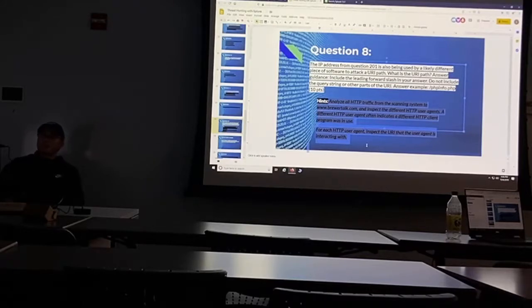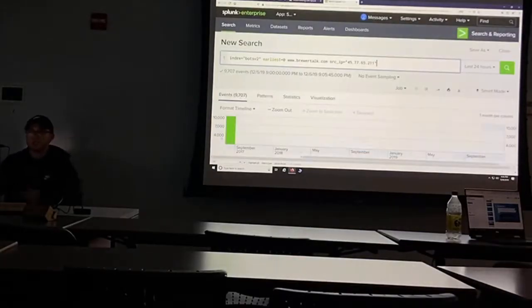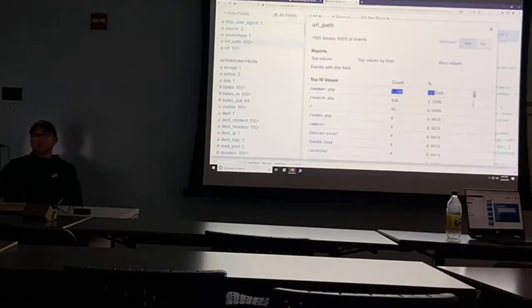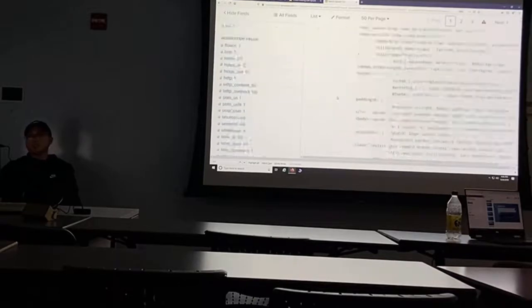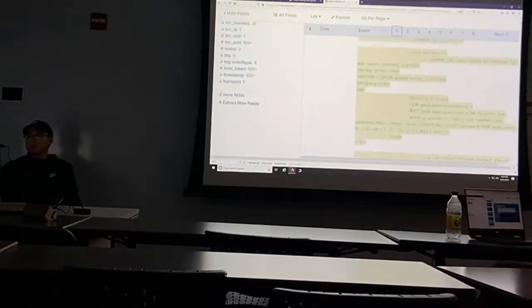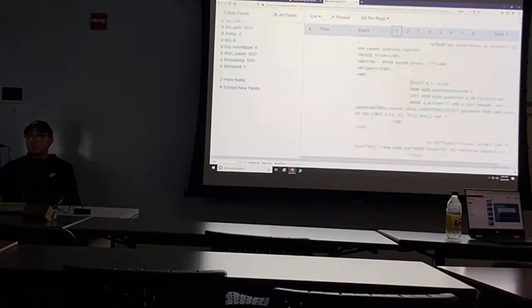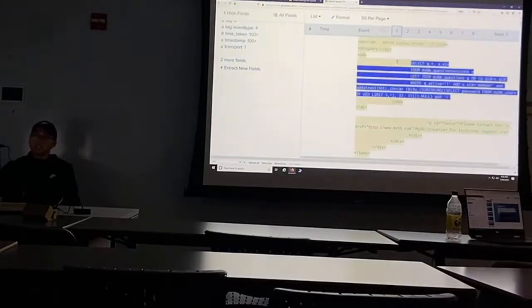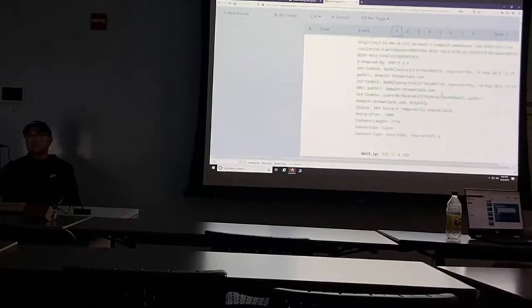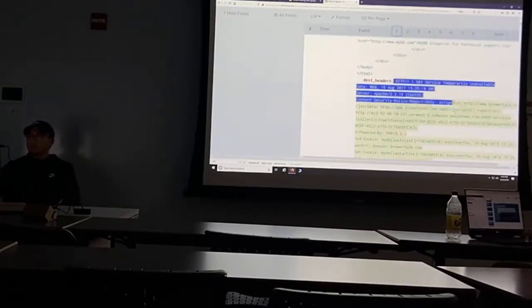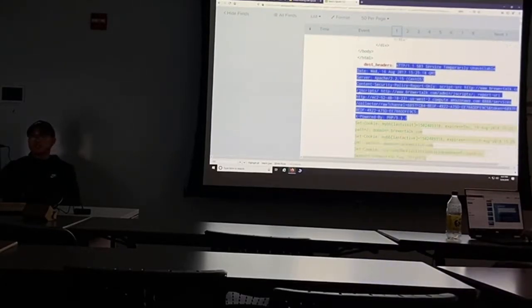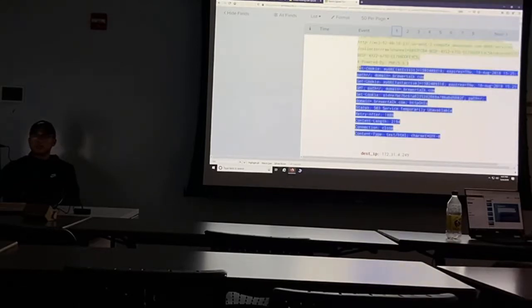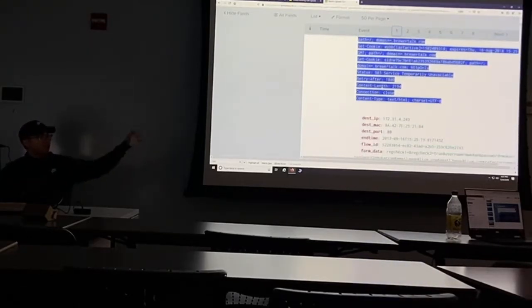Another great hint would have been, let's look at the URI paths and look at what's most recent, right? What's at the top of it. If you go through, you would just hit member path, member.php, and then let's look at the information in it. We're seeing a SQL injection actually, which is going to be helpful for the next question. I'm looking at all these different headers and all this information, and we know these are only associated with member.php.